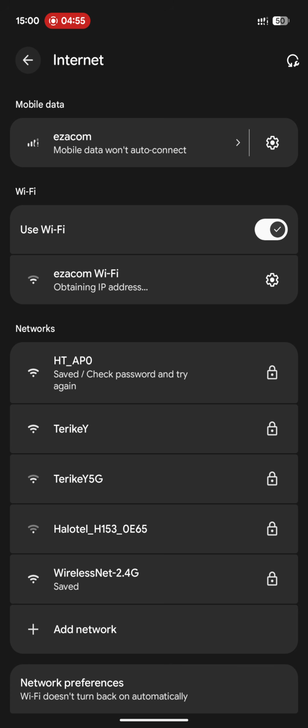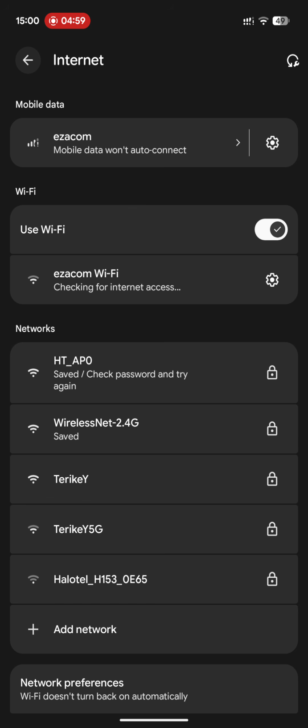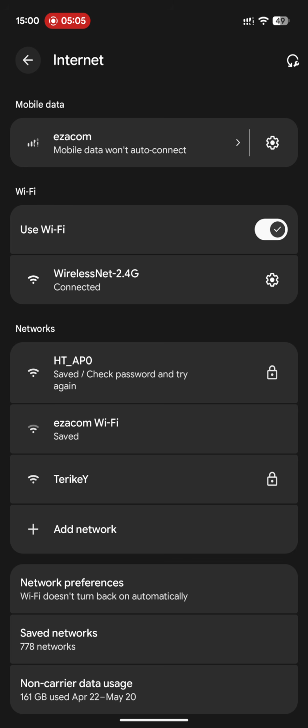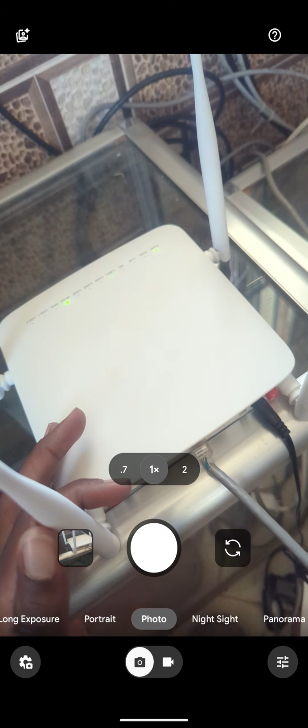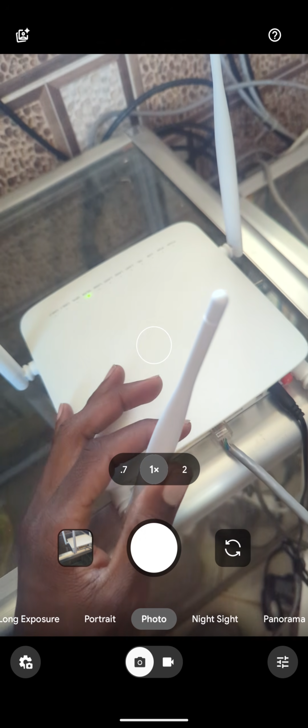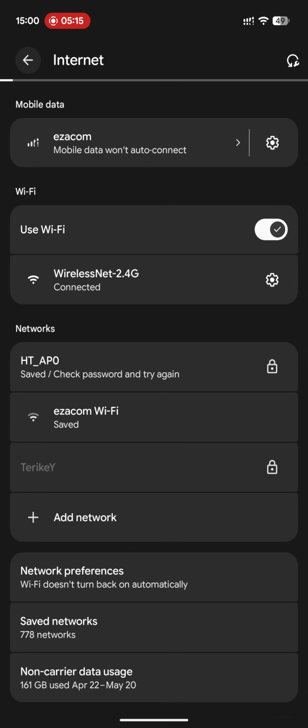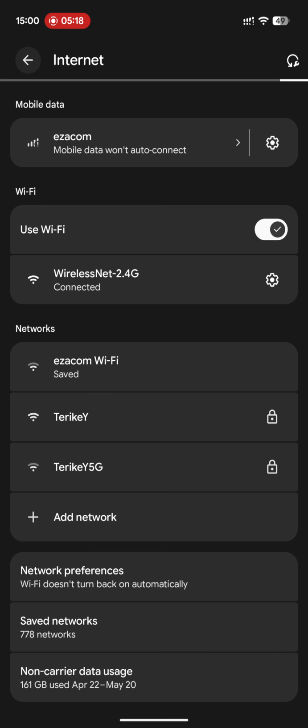Still not yet. Yeah, this one. As you can see, for now we're just connected. So this router right now is an access point. So let's try for 5 gigahertz and